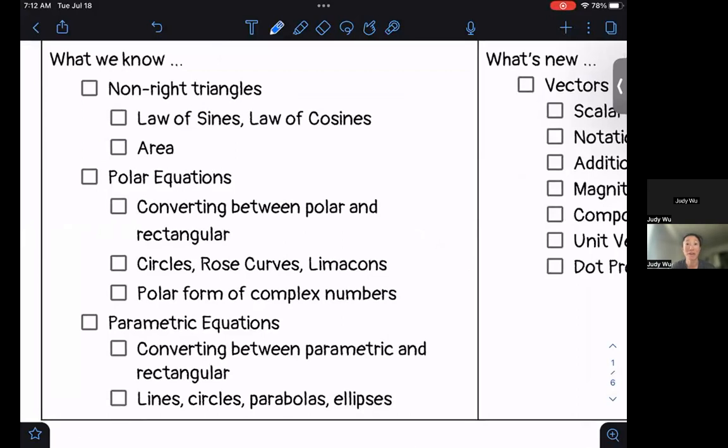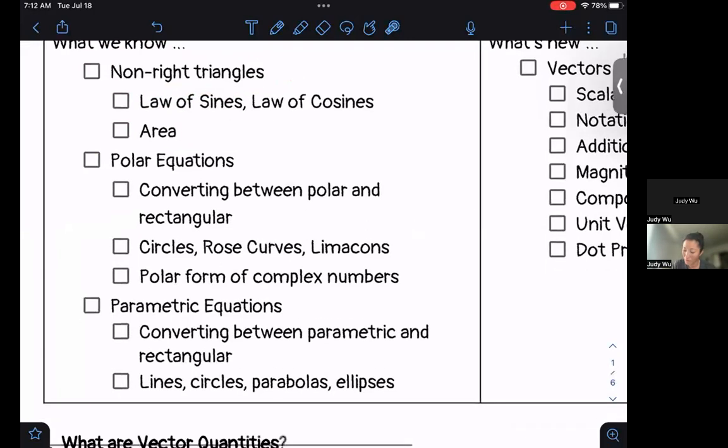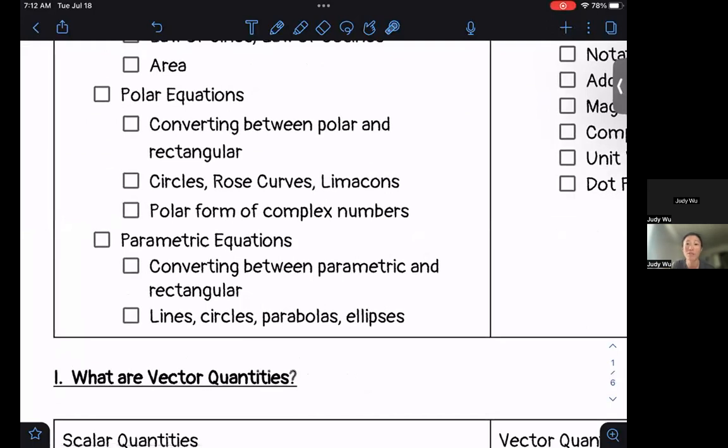Okay, so we've talked a lot about sines and cosines, but beyond just a unit circle. And so in particular, we've looked at non-right triangles. All right, we've learned about the law of sines and the law of cosines, and we've also learned how to find area. And these are not necessarily new concepts, but they all apply to triangles that don't have to be right anymore. We've also taken a look at polar equations, converting between polar and rectangular equations and coordinates, some special